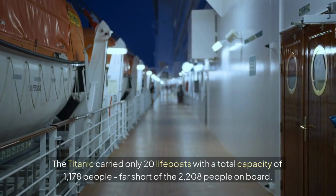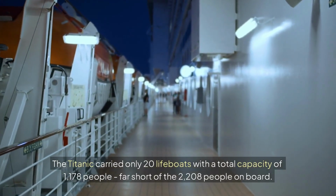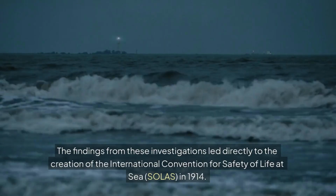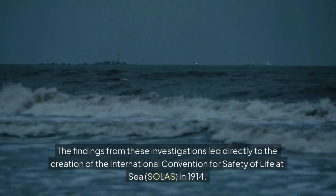The most obvious was the shocking shortage of lifeboats. The Titanic carried only 20 lifeboats with a total capacity of 1,178 people, far short of the 2,208 people on board. The findings from these investigations led directly to the creation of the International Convention for Safety of Life at